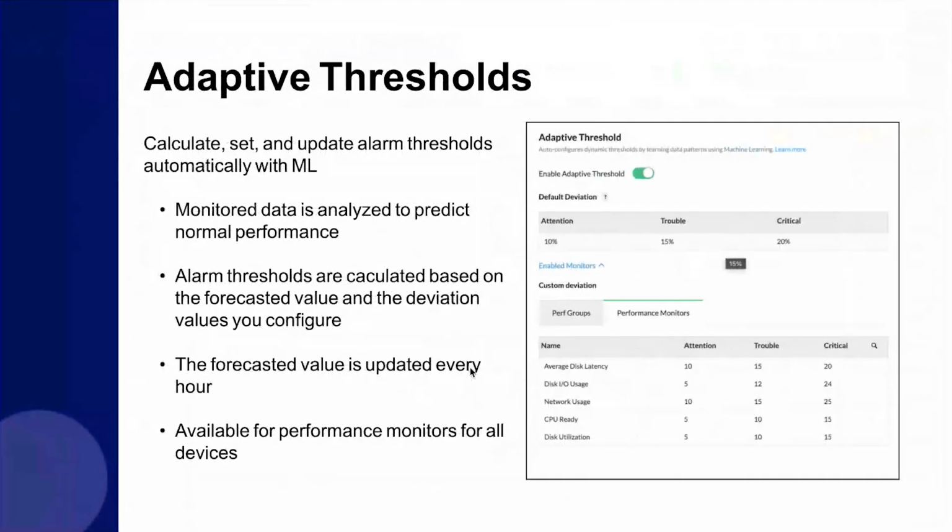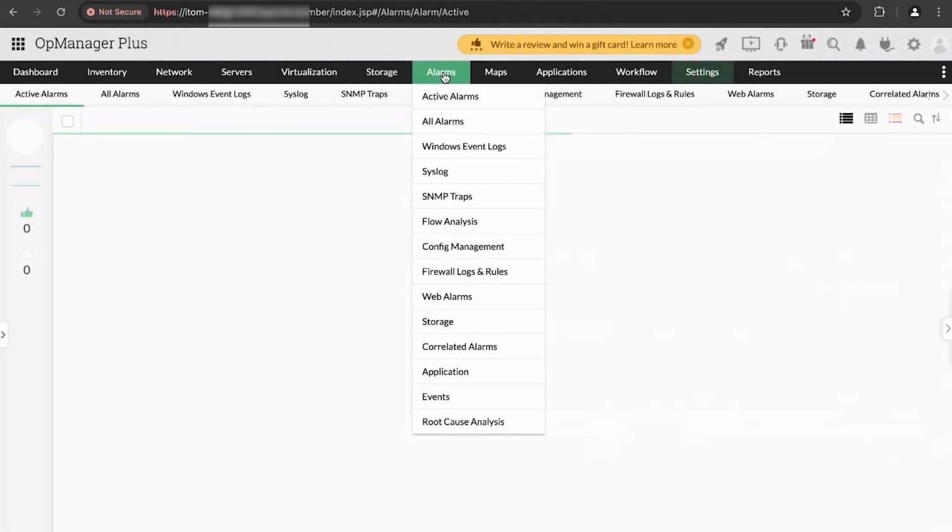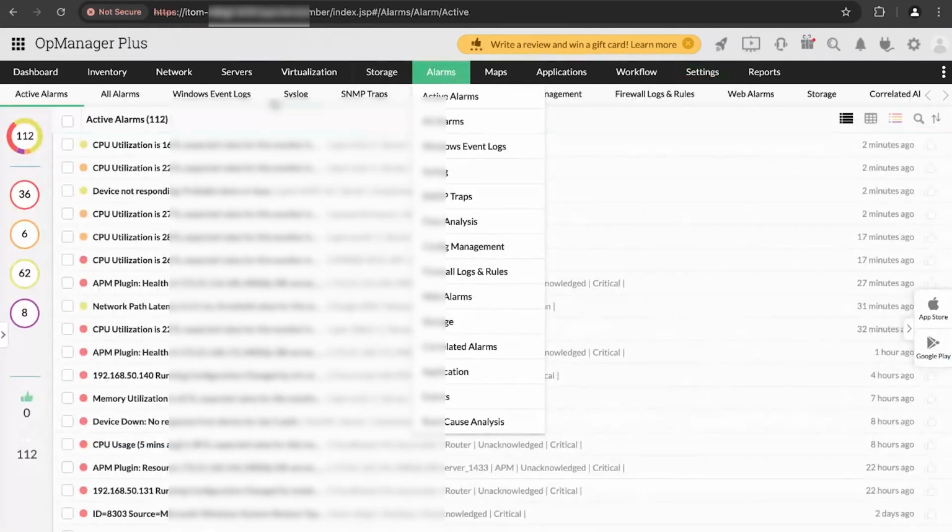So now that we have covered how you can set up and trigger alarms of varying severities for your devices, we have covered 2 methods of setting up and triggering alarms: using manual configuration and using AI. Now let's see where these alarms end up. So it's quite obvious. All the alarms that you trigger will be ending up in the alarms tab right here. So all the alarms will be